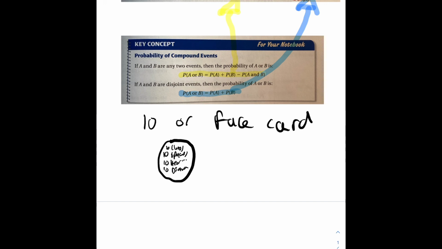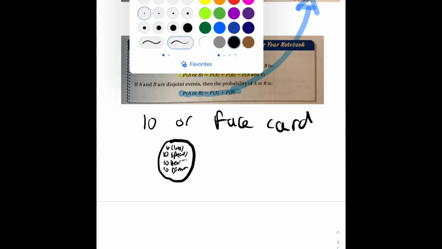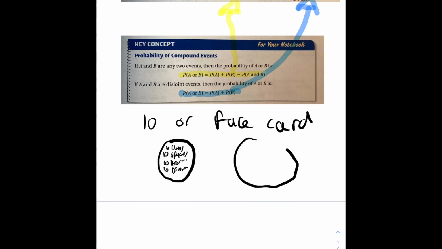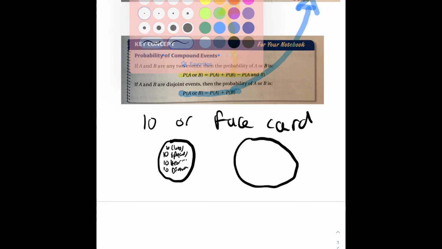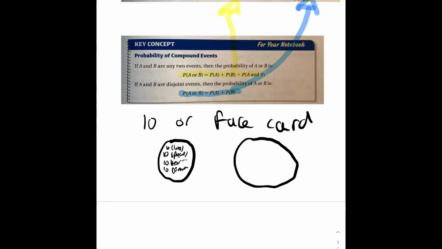Whereas face cards, no face cards are ever going to be a 10. So I'm going to draw my circle a little bit bigger. But again, I would have